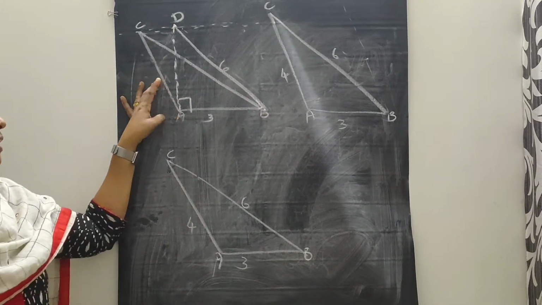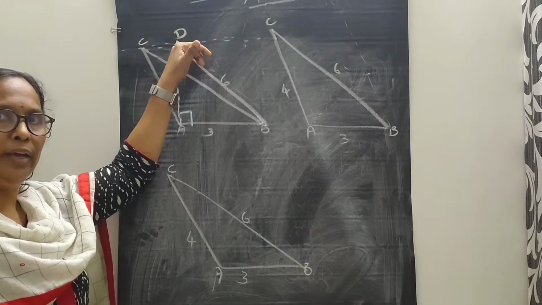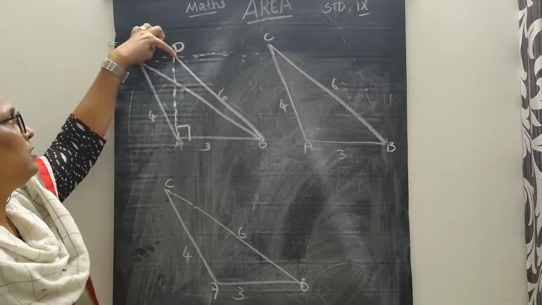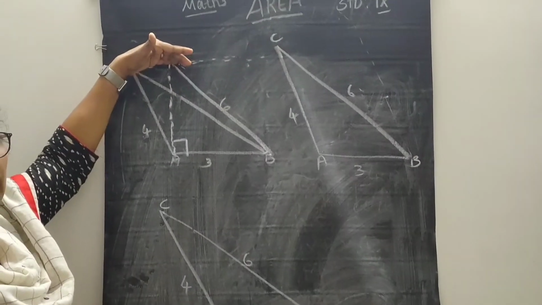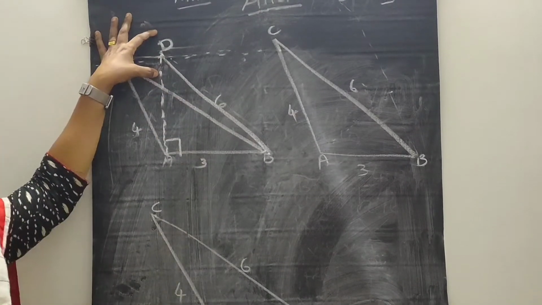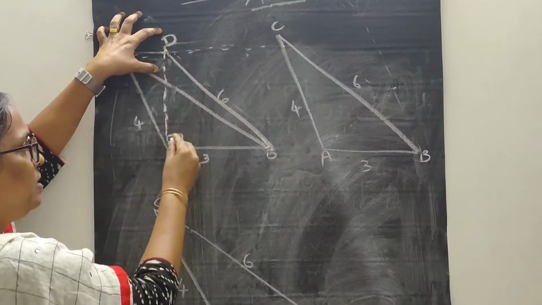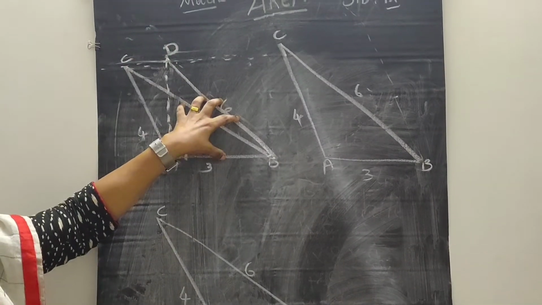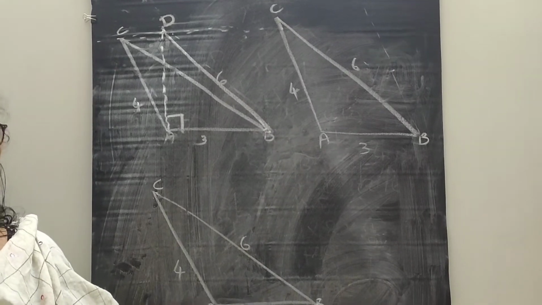Okay. Now we get a triangle ABD with the same base as before. AB is the base, the same base, and the third vertex D is on the parallel line through C. Now the triangle ABD has the same area as the triangle ABC, and triangle ABD is a right triangle. This is the first one. And second one. Then one more triangle. We have to draw three different right triangles.